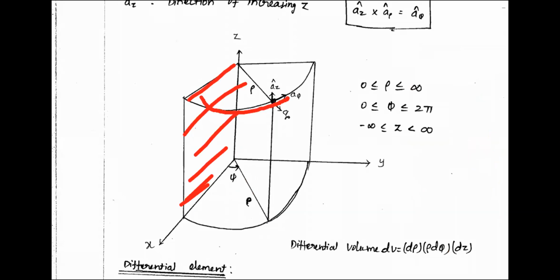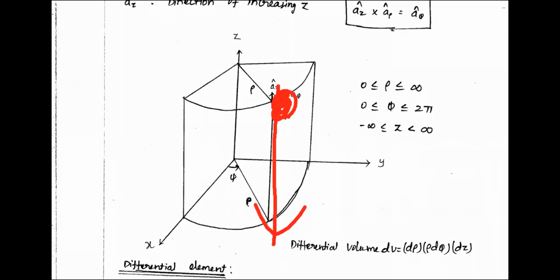So you will get phi. Then how will you get z, sir? Z is very easy. Before projection, you have to measure the perpendicular distance. What is the height of your point from the base, from xy, because xy is the base? From the base, what is your height? That will give you the z.